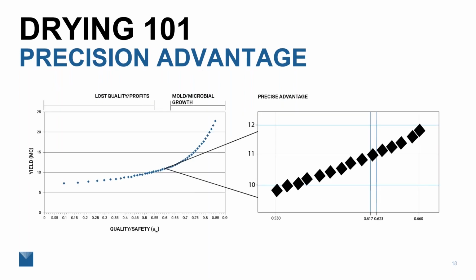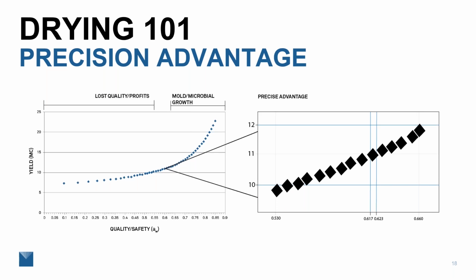Here's that graph that I promised you water activity skeptics. It shows the relationship for a dry product between water activity on one axis and moisture content on the other. Moisture content here is on the y-axis, and we can see that as the moisture content increases, so does the water activity. For dry products, and in the range that most intermediate and low moisture products are, this curve is